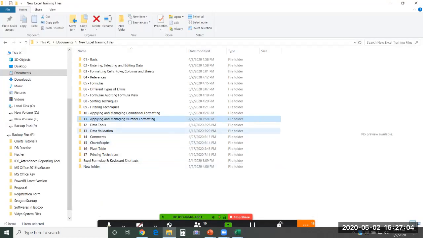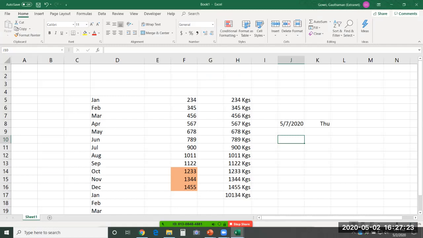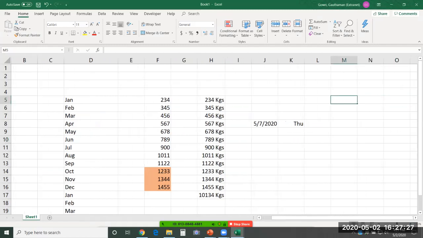Okay. So next we have data tools. See, this is a very interesting chapter, and it allows us to explore all the quick fix options that we have got in Excel. So I'll show you this flash fill option. It's really interesting. So this is available to us from the 2013 version, not prior to that.